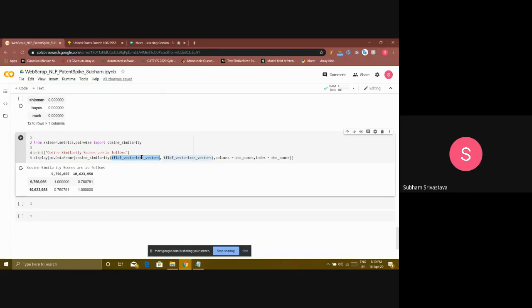Then we will not get a matrix like this, because it is a single vector that we give here. We will just get an array of all the documents present. For example, if we want to print only the top 5, we just give a statement to print the top 5, and we get only the top 5 documents and their similarity. So that kind of query can also be handled. That's all about it.